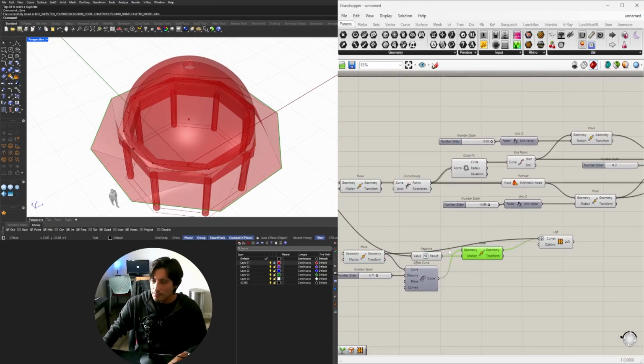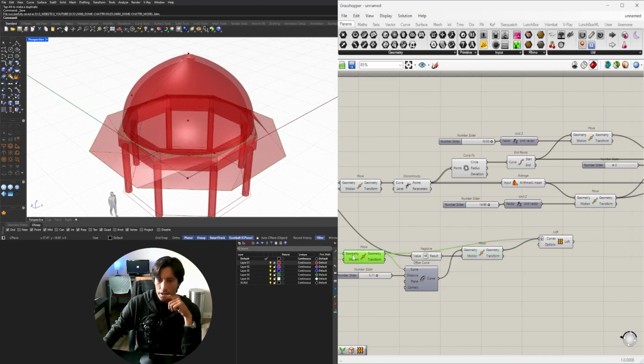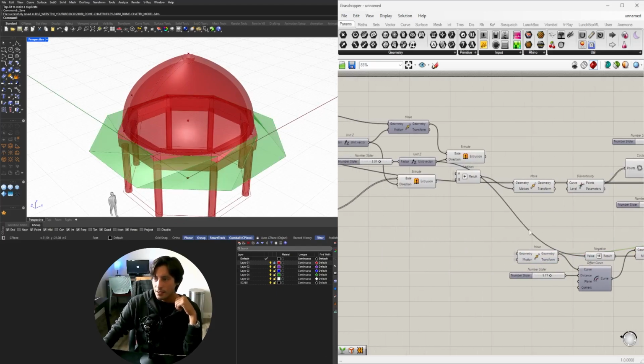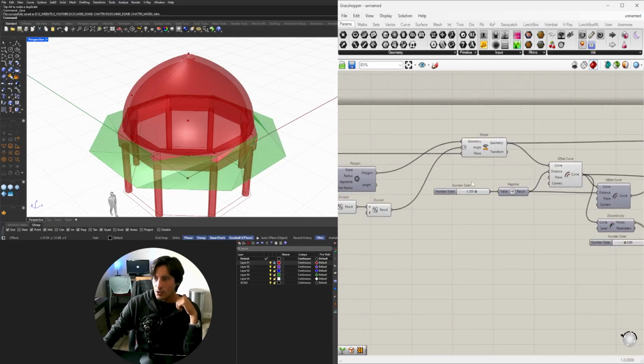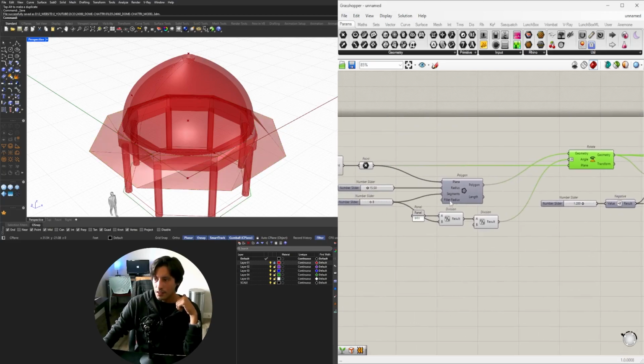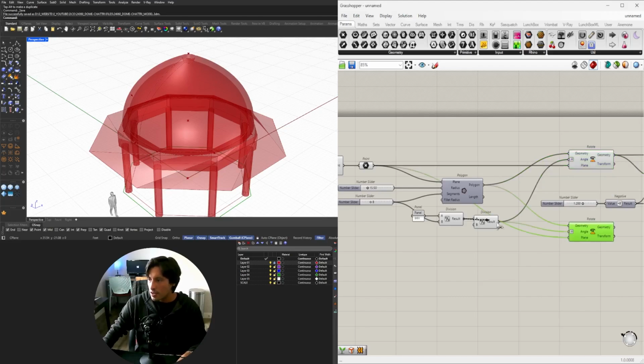So to do that, here's the approach. When you have this and it's rotated by a whole segment, can we rotate it using the same number but not halfway? So if we go this way,